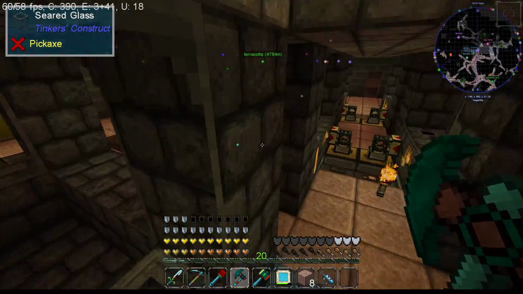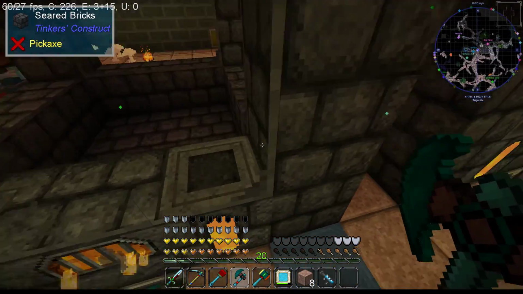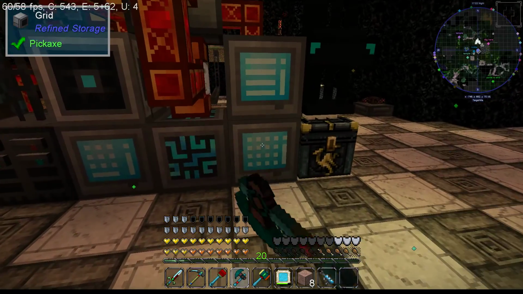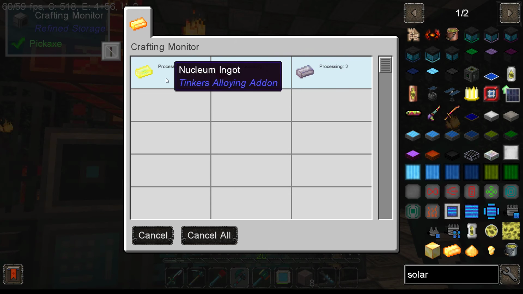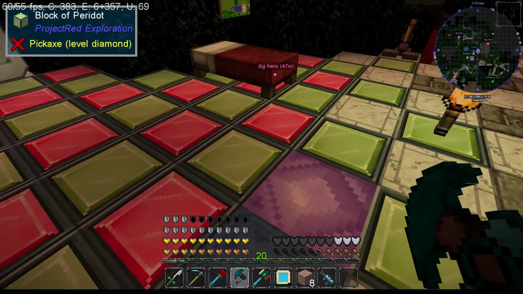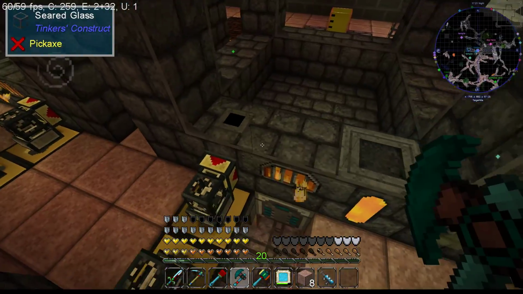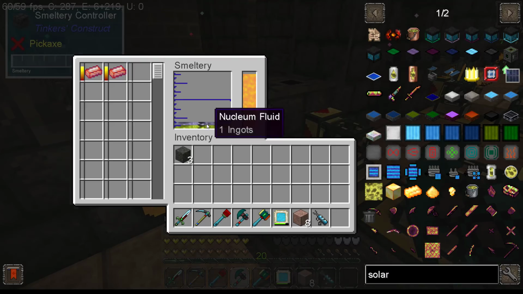And now one of you should now be alloying. Or did I not do you right? I might have screwed up my own Valerium. Whoops. Oh, nope, it's over here. It puts them into this one. And it's already got the Nucleum and the Uru in it. And then it'll drop the